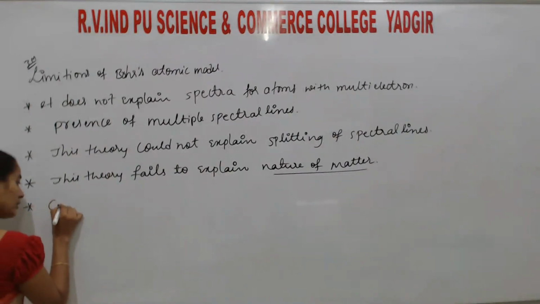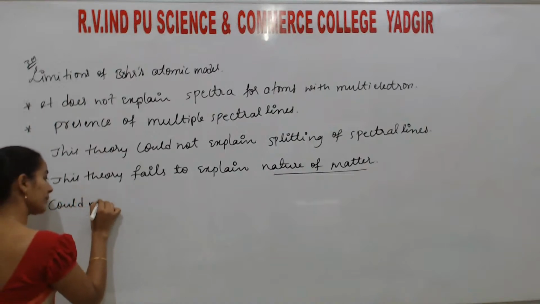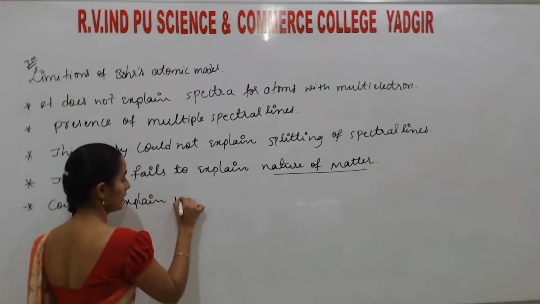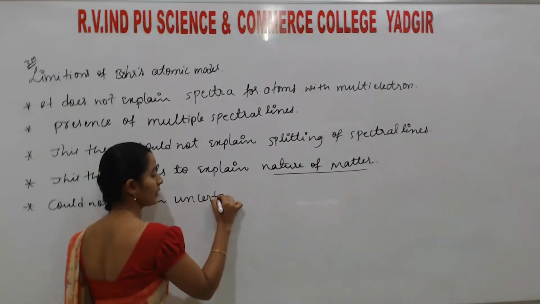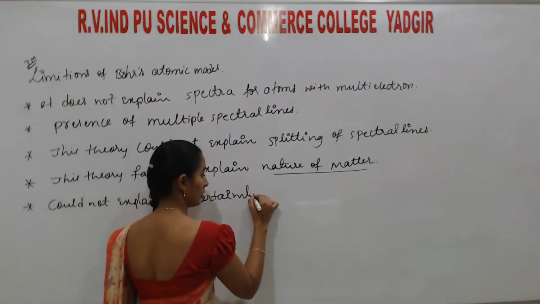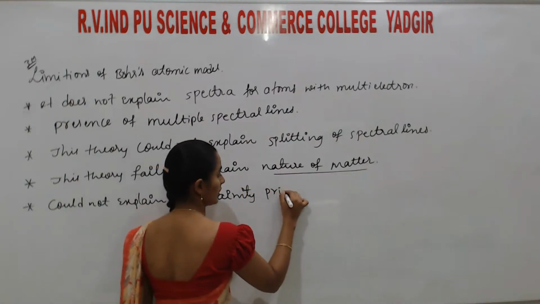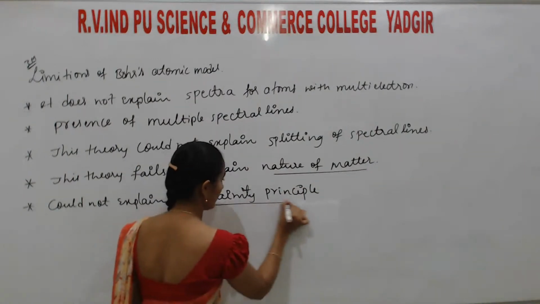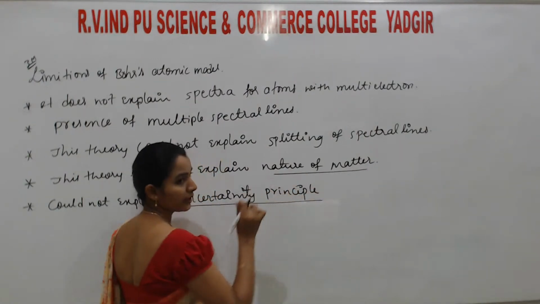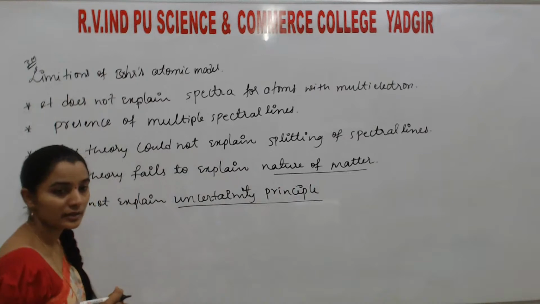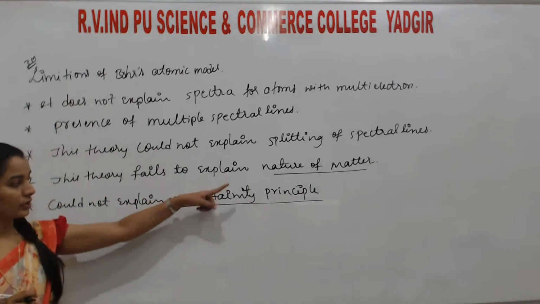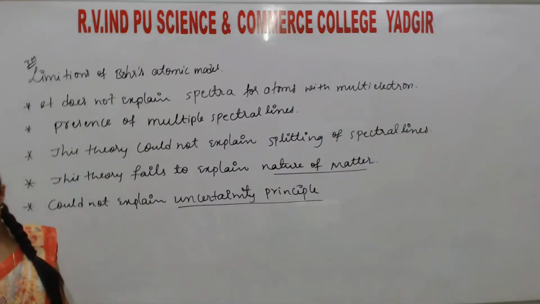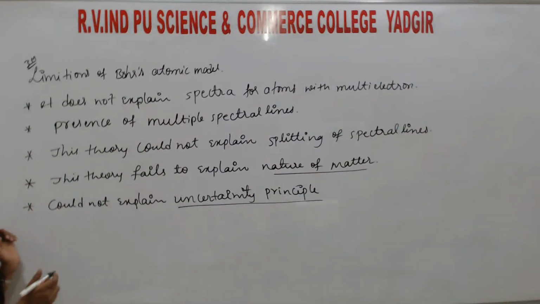This theory could not explain uncertainty principle. This is also to remember. Due to these two reasons, the next model is designed. Okay. Next,